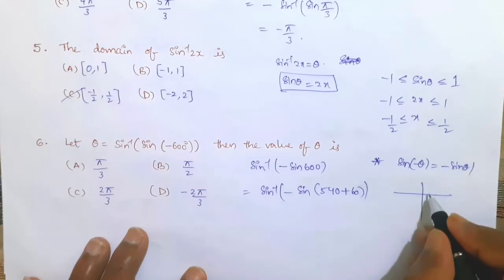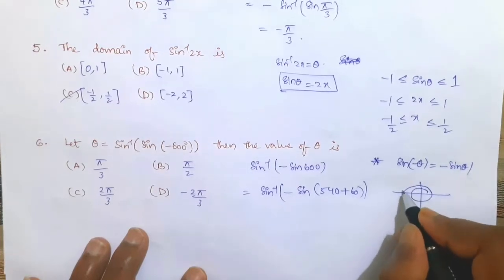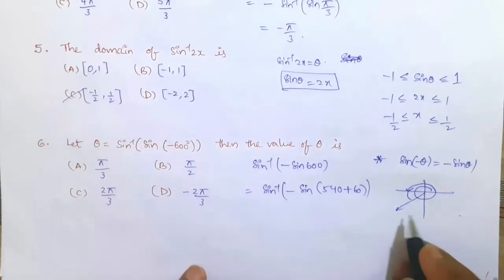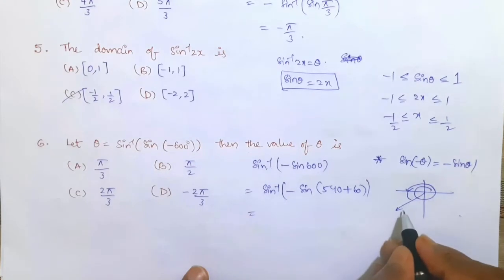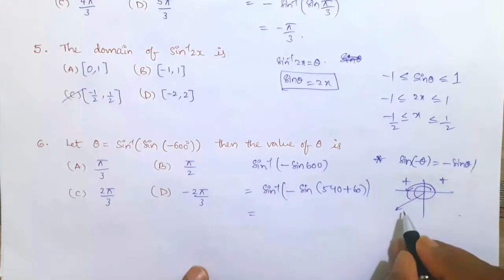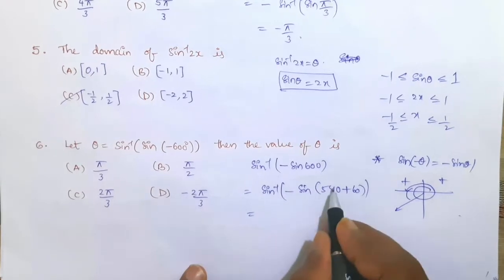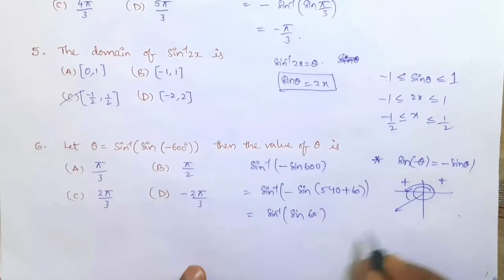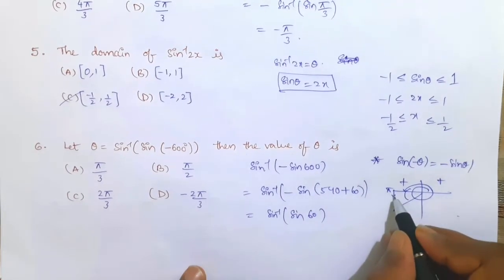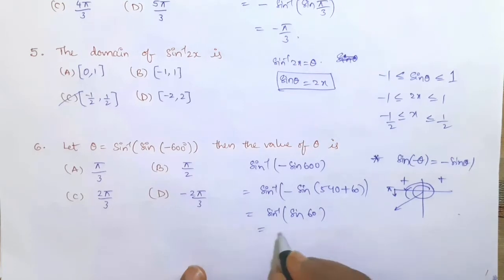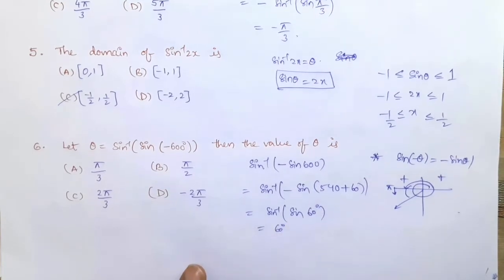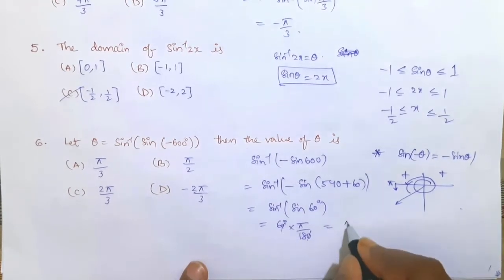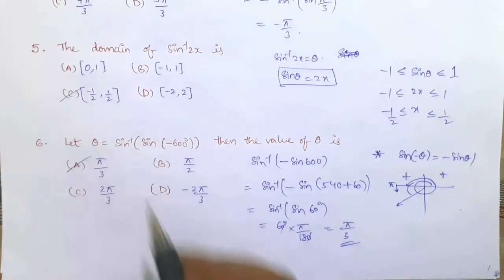Okay, 600 and this is 360, 450, 540 plus, and it will represent the third quadrant. In the third quadrant sin is negative, okay, sin is positive in the first two quadrants. In the third quadrant sin is negative. So again it will become negative. Negative into negative will become positive, remember. Then sin 60 degrees, as it is pi, an even angle, it will become positive. So sin inverse of sin 60 is 60 degrees. But they have given it in terms of radians. So it's 60 into pi by 180, which is pi by 3. So option A, okay.